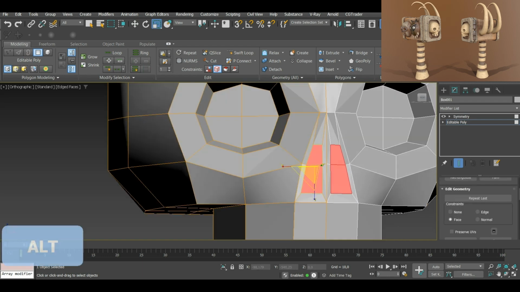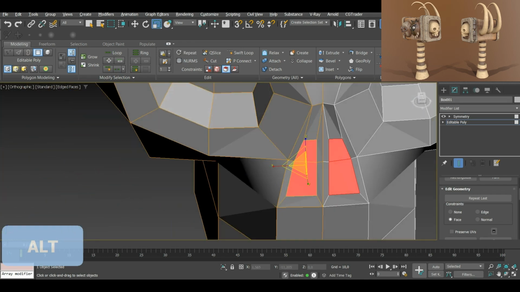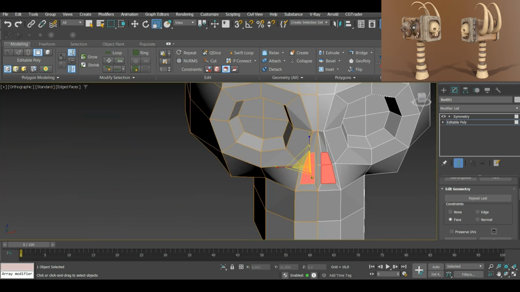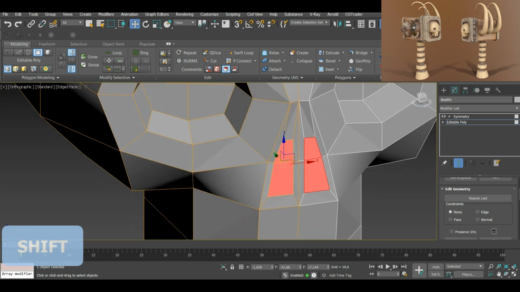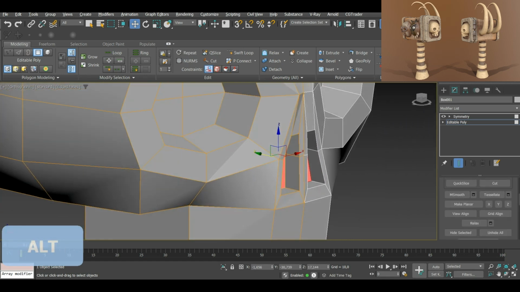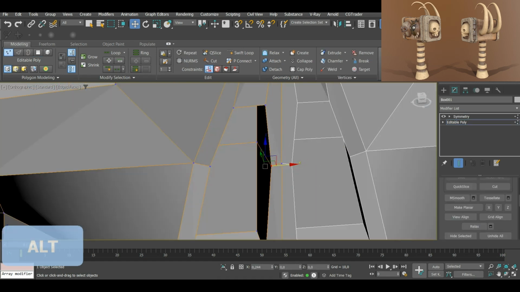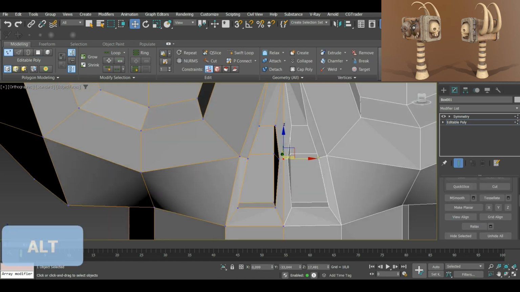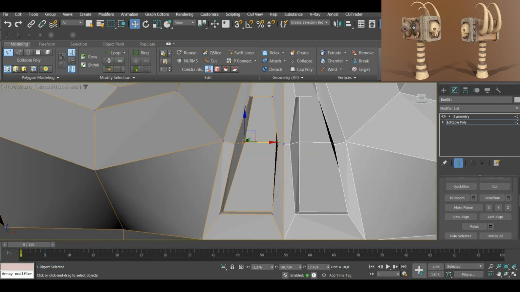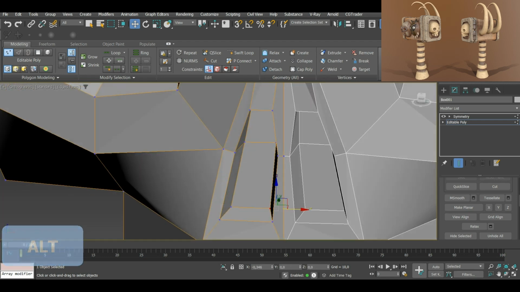Also make sure to check the looks of your model with a single iteration of turbo smooth now and then. I create nostrils by using Inset, Extrude and Scale tools, nothing special about them. Also, I move their edges while having the edge constraint function enabled. As you can see, I scale down the size of each internal cavity.